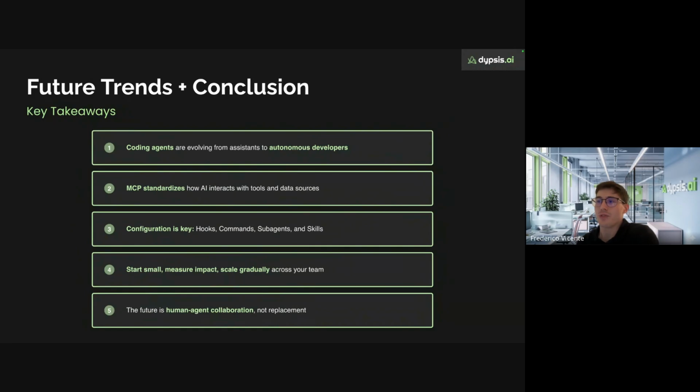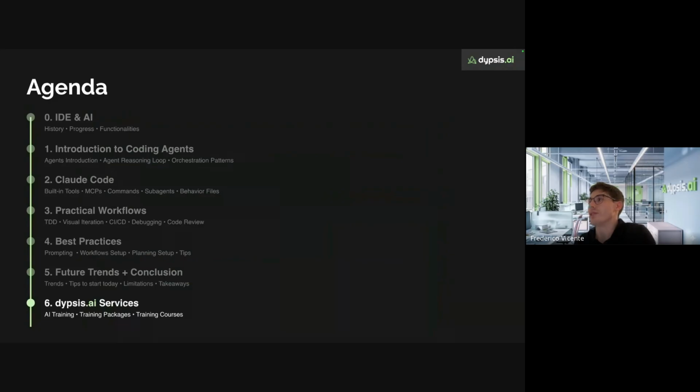And the future is human-agent collaboration. Don't think of this as a replacement, but as really empowering how much we can do in less time. These coding agents are very powerful.